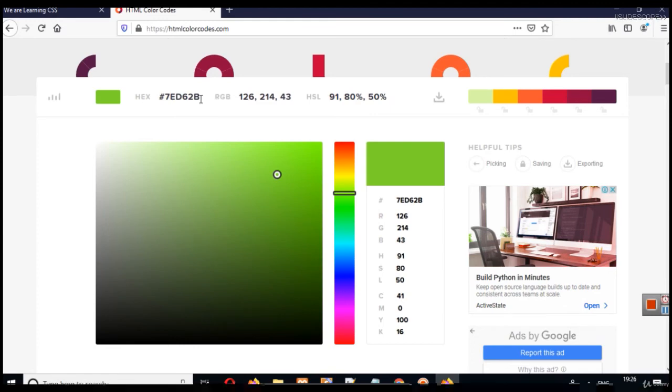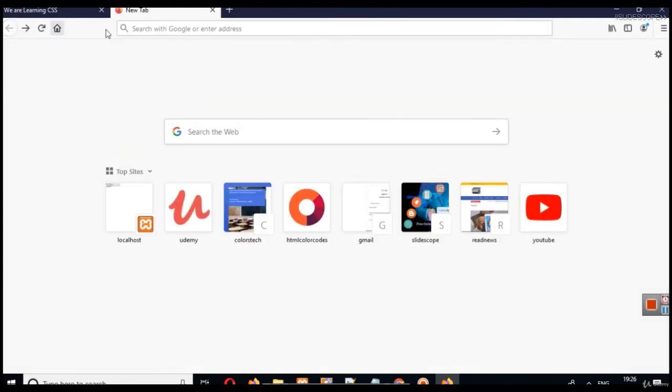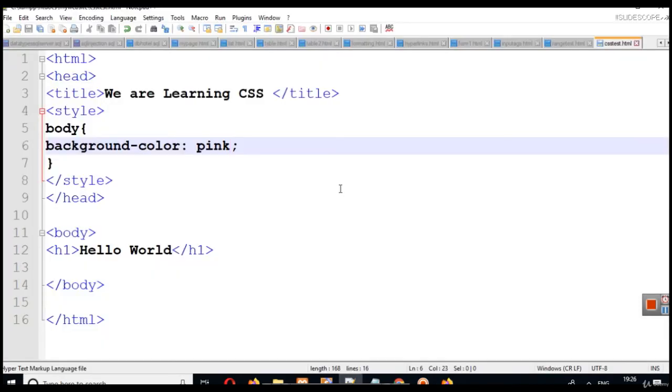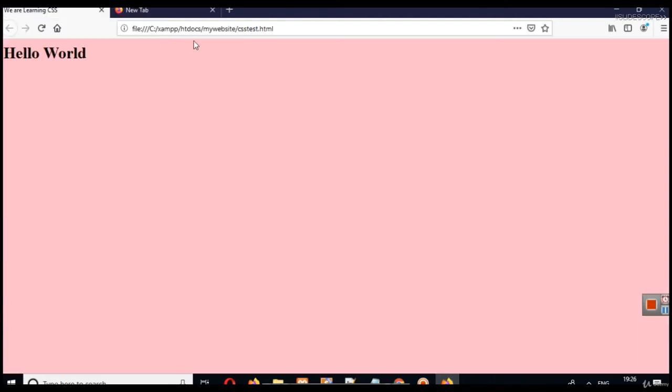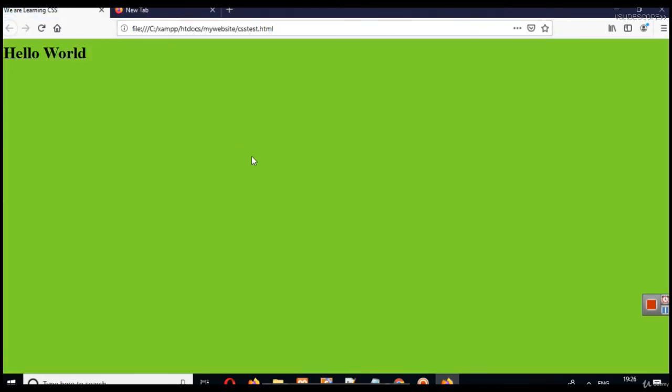So let's copy this, and instead of writing pink here I can write this hashtag value also. And when you write this hashtag value, you will see that the color of our document will become that particular color. So this is the work of CSS.